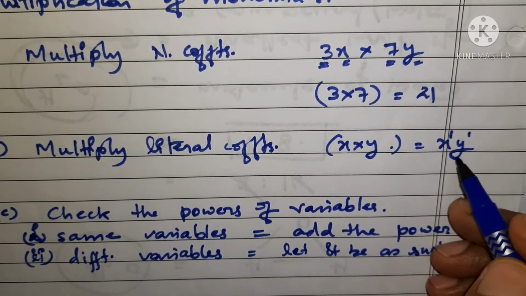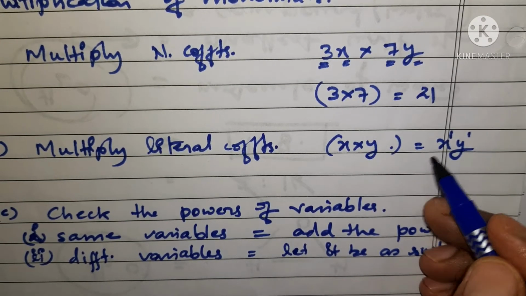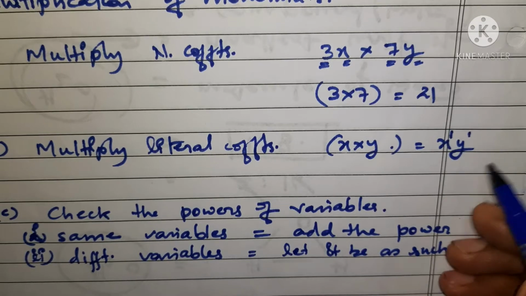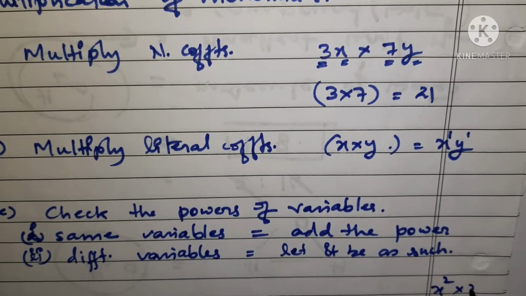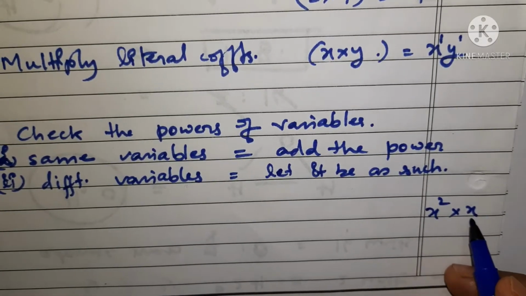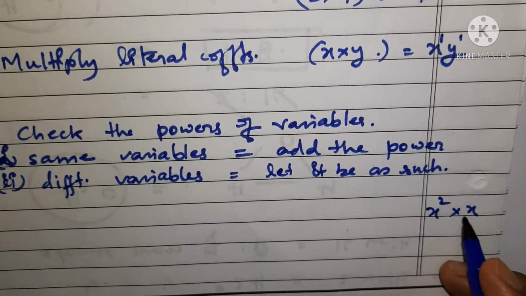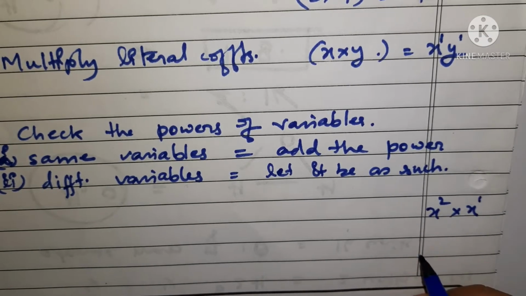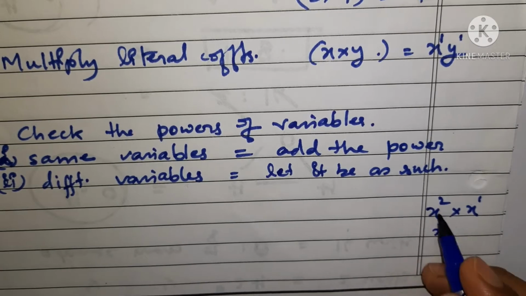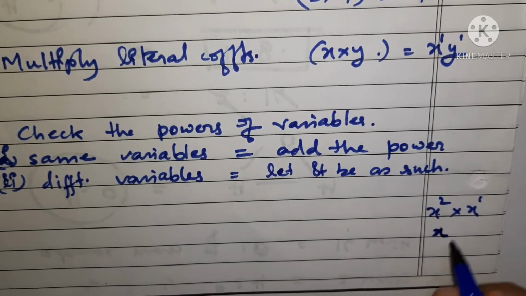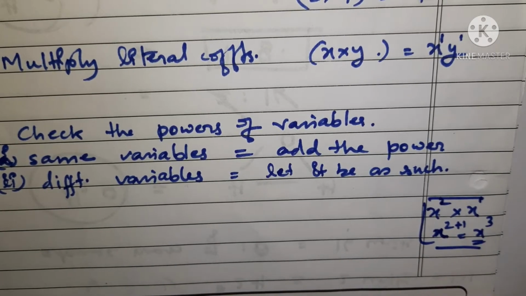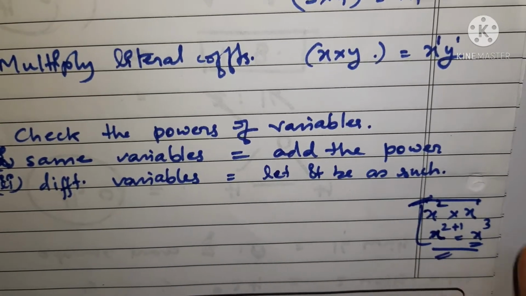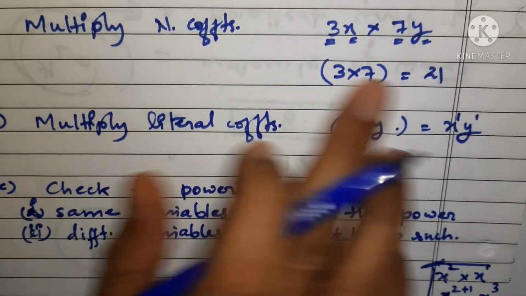But in case of same type of bases or same type of variables, we have to add the powers. For example, if you are having x square into x, then in that case you will add the powers. Here you are having x and here you are having x square, so you will take x common, and 2 plus 1 will be your power. It means x cube will be the answer to this product. I will show you this through an example. Just leave it aside and let us first understand this question.